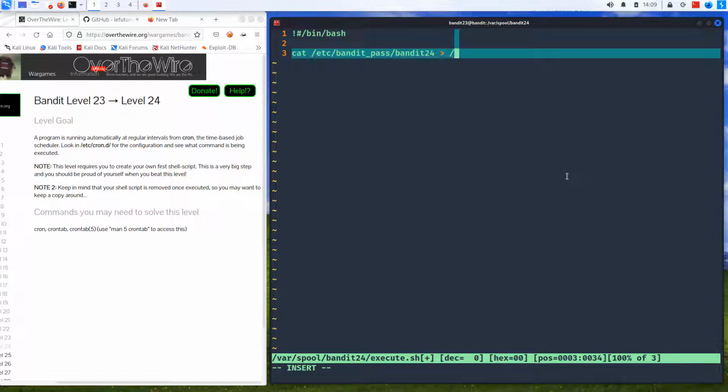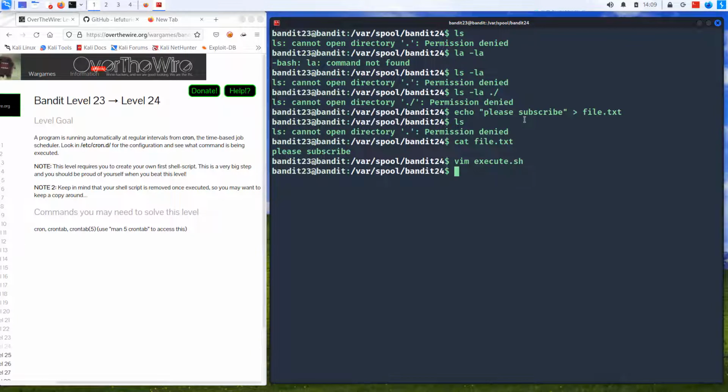Read that and save it in /tmp/bandit24pass. So basically it's going to try to read the password of bandit 24 and then put it in the temp file, right? So let's go ahead and quit that. Let's give it executable permission, chmod +x